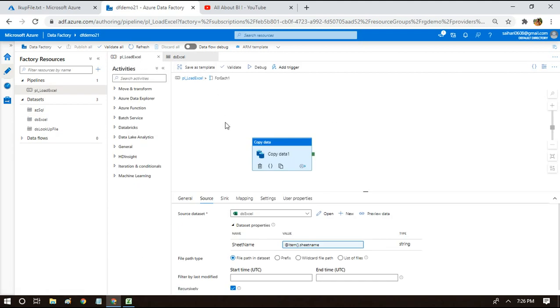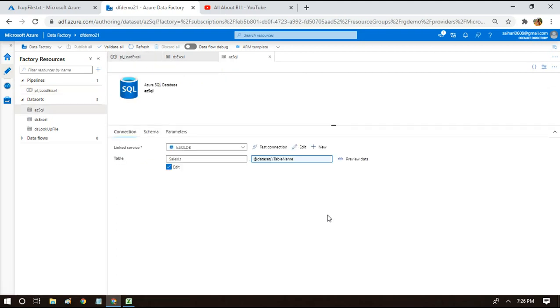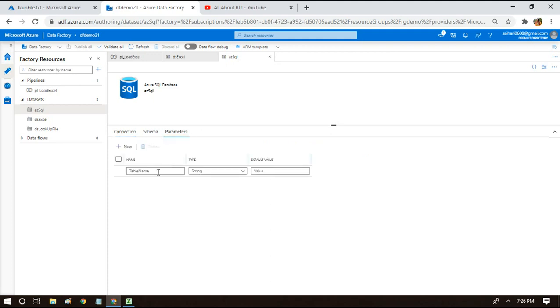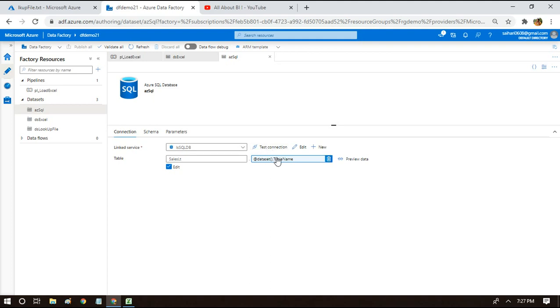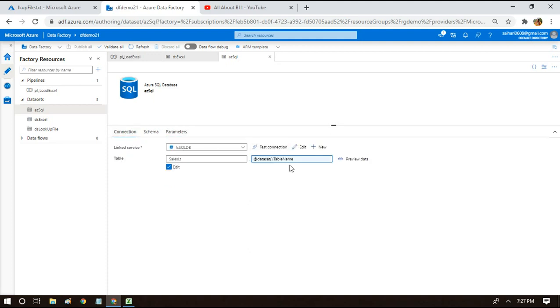Similarly, just like how we change the sheet name dynamically, we have to change the table name also dynamically, correct? So for that, go to the data set for Azure SQL database and add again a parameter which will bring the table name and use that in the table name column. So this is schema name, this is table name. Schema name is constant in my case and table name is going to be different. So that's why I have declared a parameter called table name and used the same parameter in the table name portion. If your schema is also differing, then we can add one more parameter for it and make it dynamic. So that's all with respect to copy activity.